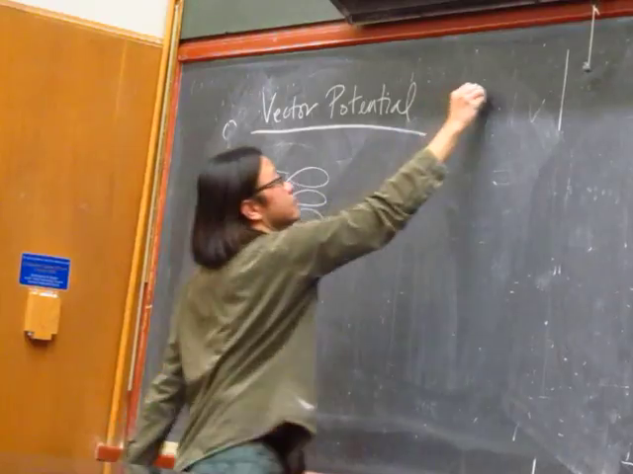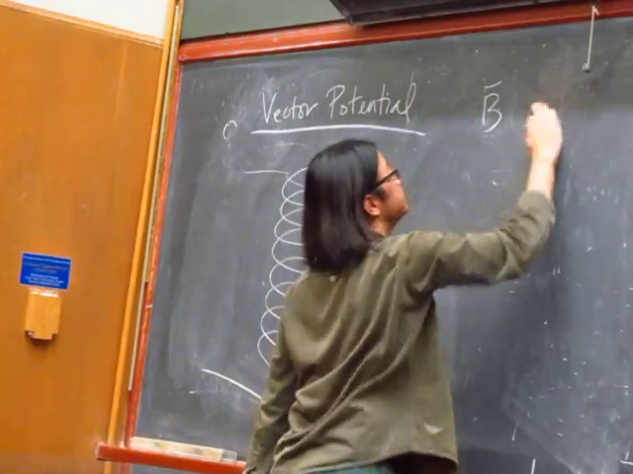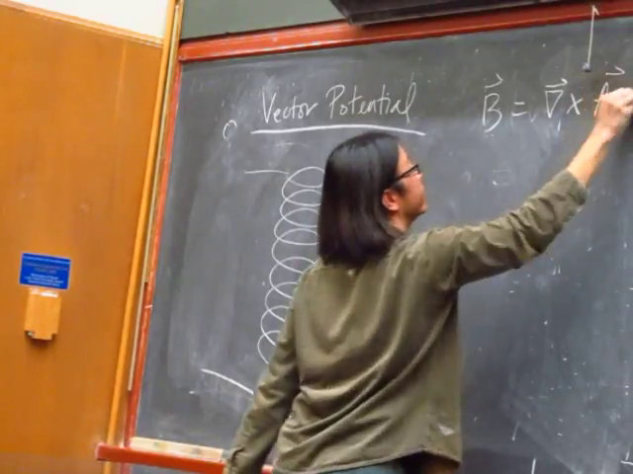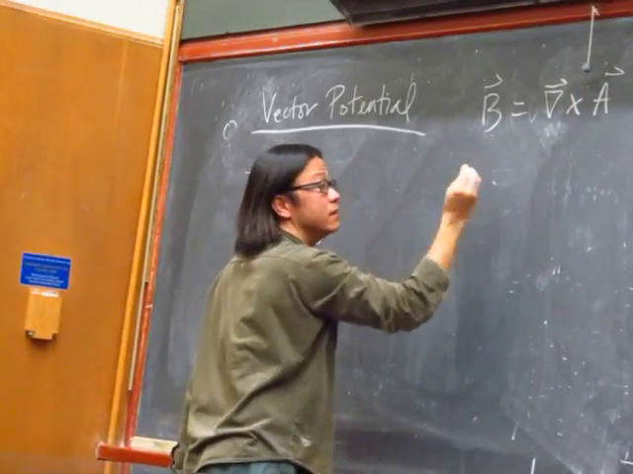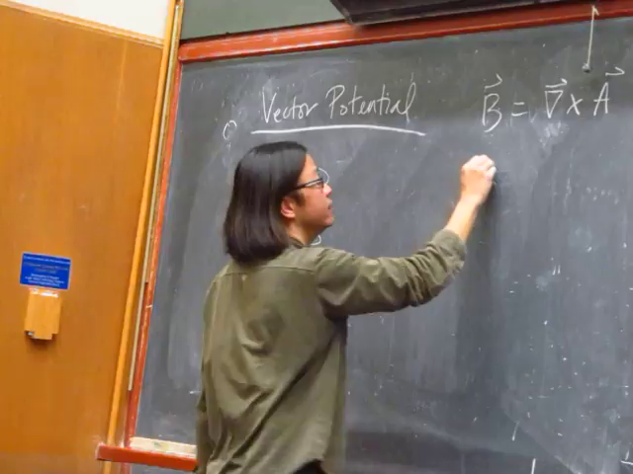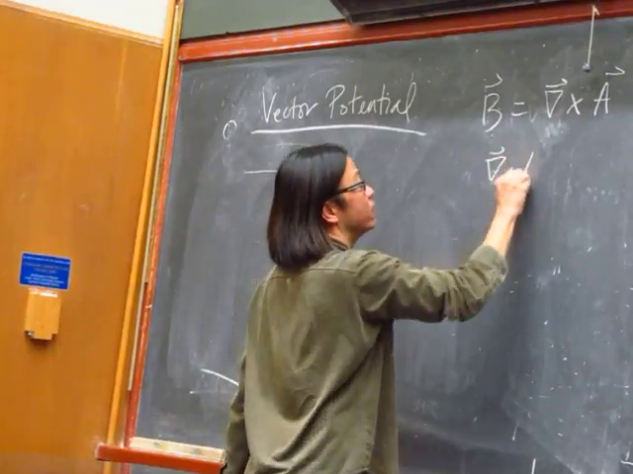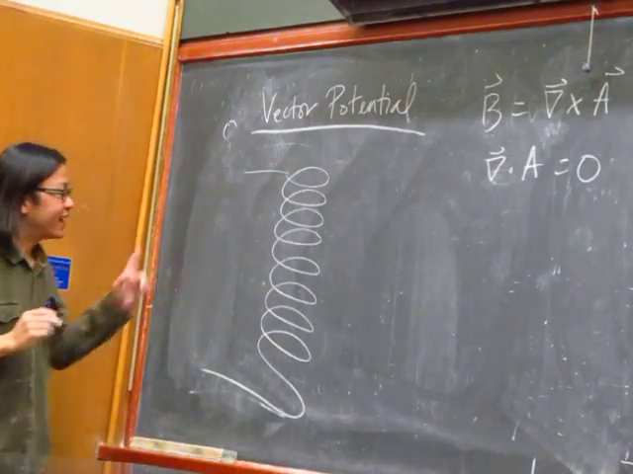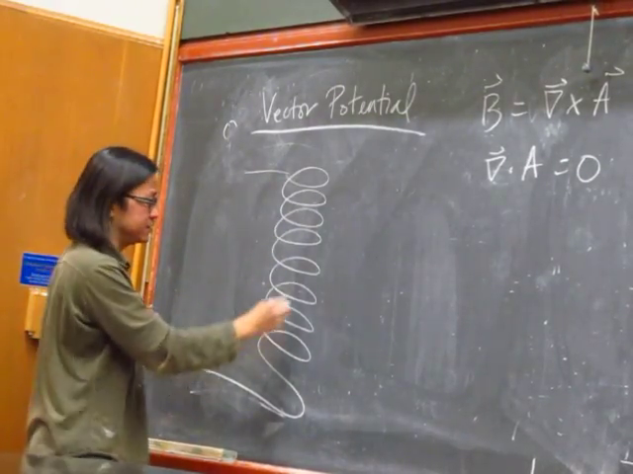Solenoid E field is driven by the curl of A, right? And we can choose a particular gauge of A, so the divergence of A is equal to 0. In that case, we found for this particular story